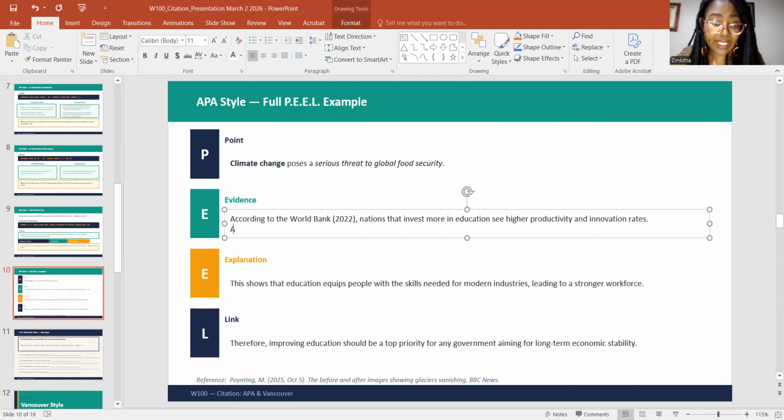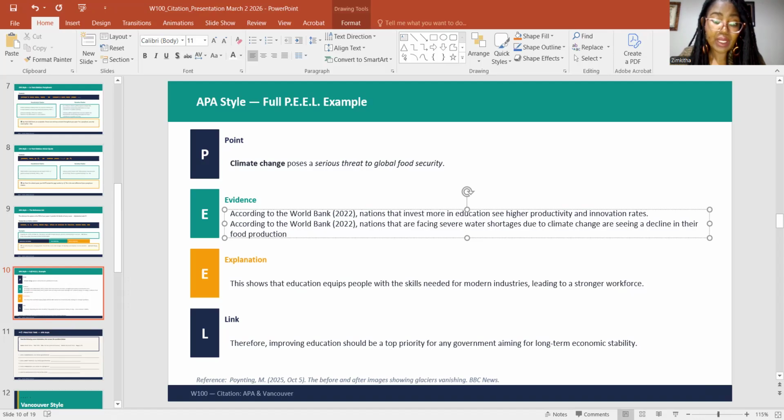So I'm going to say here, according to the World Bank, nations that are facing severe water shortages due to climate change are seeing a decline in their food production, which has decreased availability for locals and for exports.